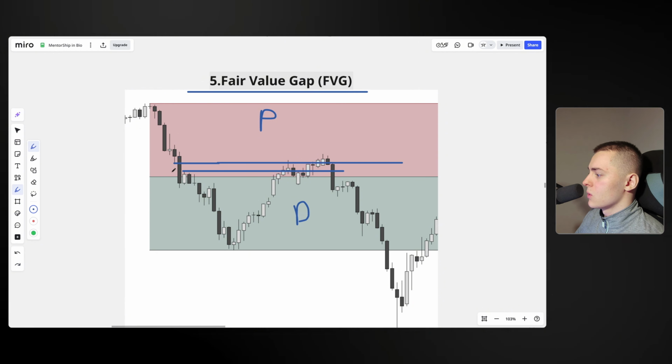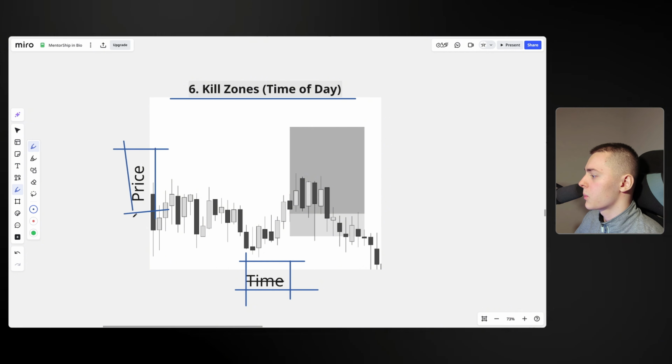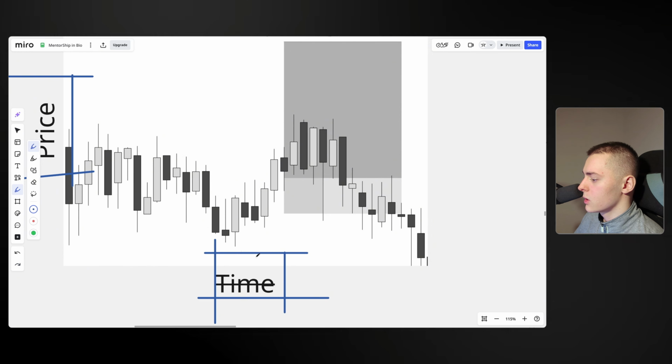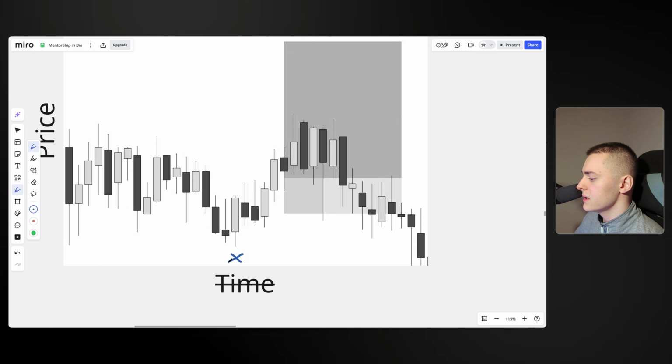Because I know it myself, when I was working a 9-to-5 job, I had to learn trading, but I also had to focus on my 9-to-5 job because trading was not going to pay my rent at that time. So that's why I've created this system where you can trade at any given moment. But there's a little bit more of the time of the day that we're going to trade. Basically, the reason why we are able to trade at any given moment is because we don't focus on the time of the charts, we only focus on the price of the charts. So, in simpler terms, we only want to know where the price is going to go next. Now for this example, we want to go for the lows because those are relative equal lows.